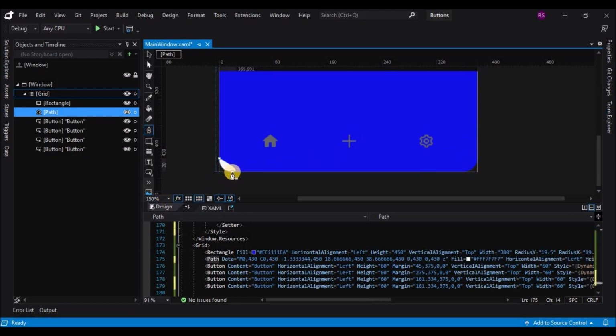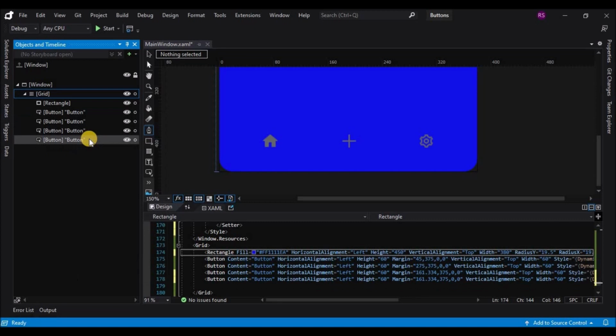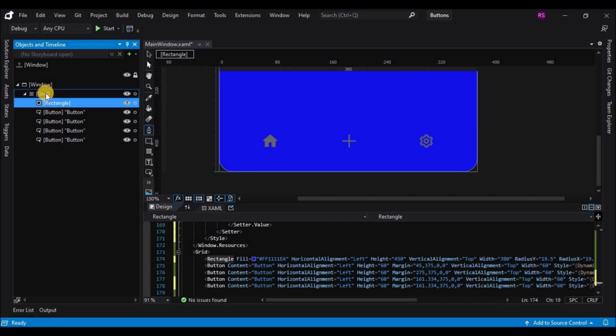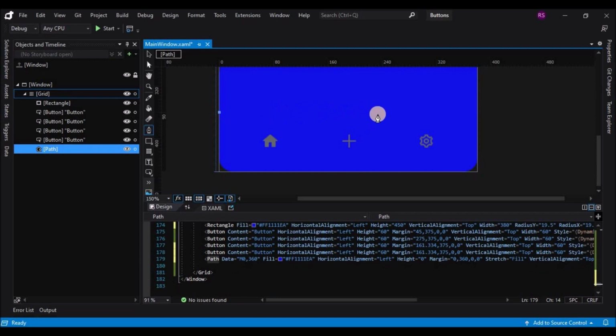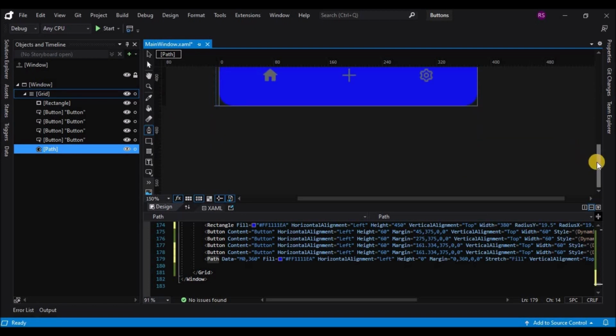Okay, so let's start with the first anchor point, the second anchor point, and at this time I will not leave the mouse button and drag the anchor point so that I have a curved line. So I have added the first anchor point. Now I am adding the second point, and this time I will not leave the mouse button and I will drag it so that I have a curved line.